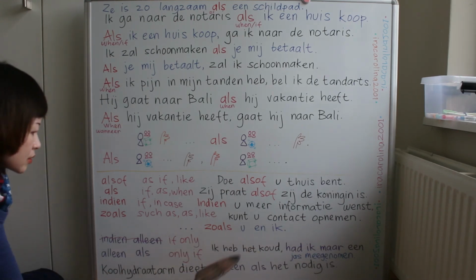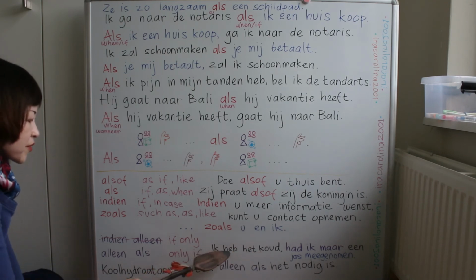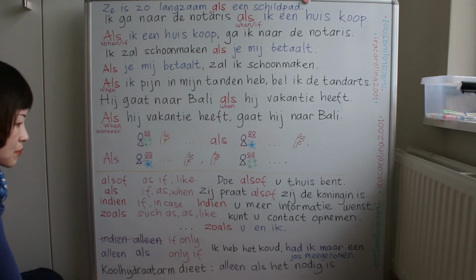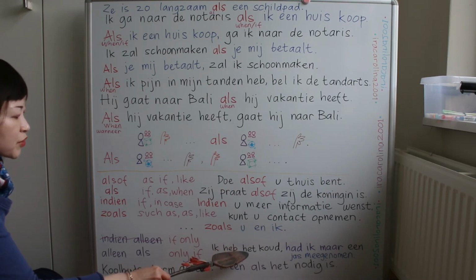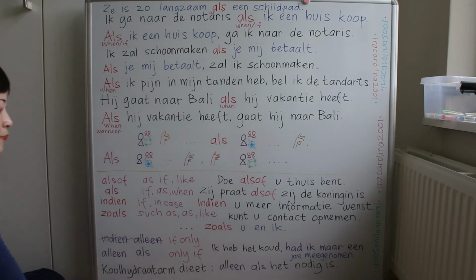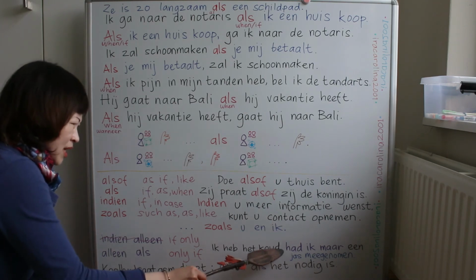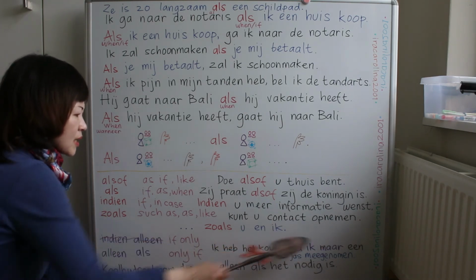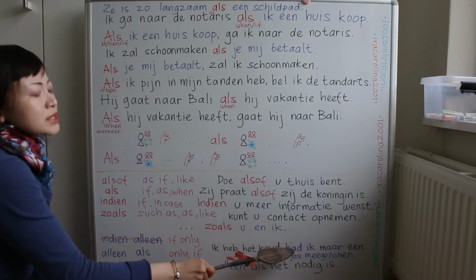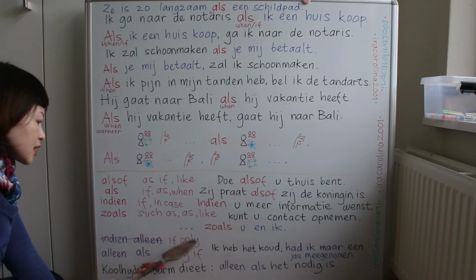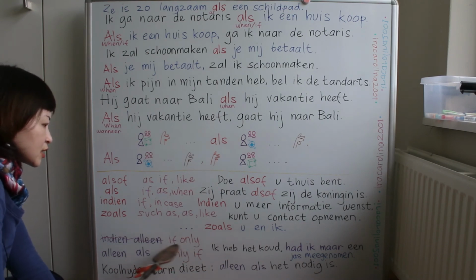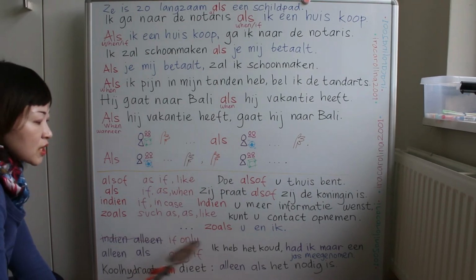For example, ik heb het koud, I have the cold. Sometimes had, sometimes heb. We already learned about this in the previous video, long time ago. Then comma. Had ik maar. Even though you will say it like had I but, the better translation is if only